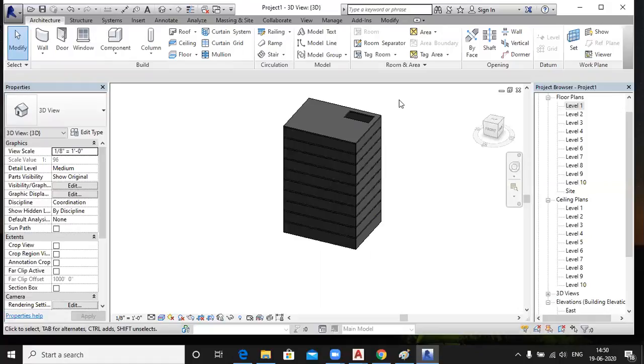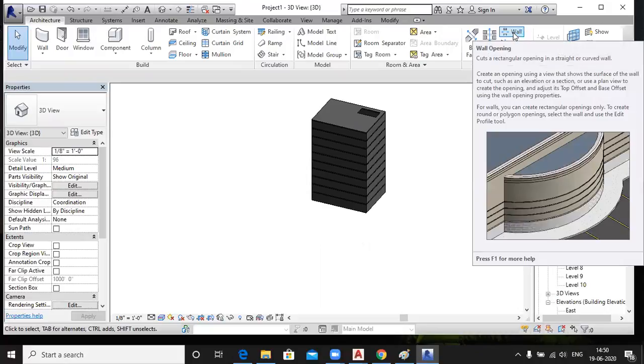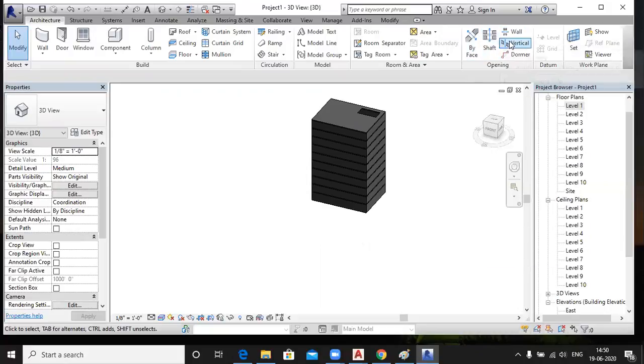Now you understand the shaft. Yes, sir. Okay, you understand this wall opening as well. So this is by face or vertical. See what the difference is between by face and vertical, right?